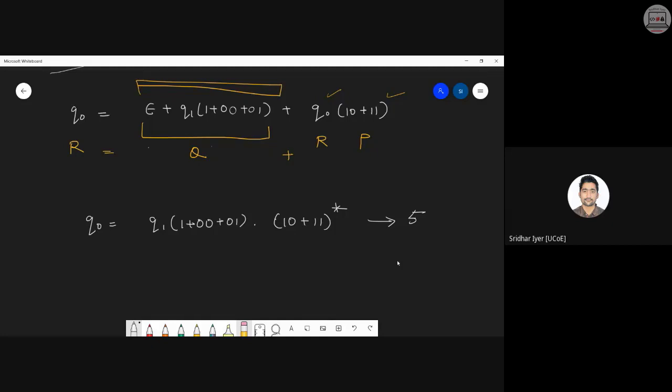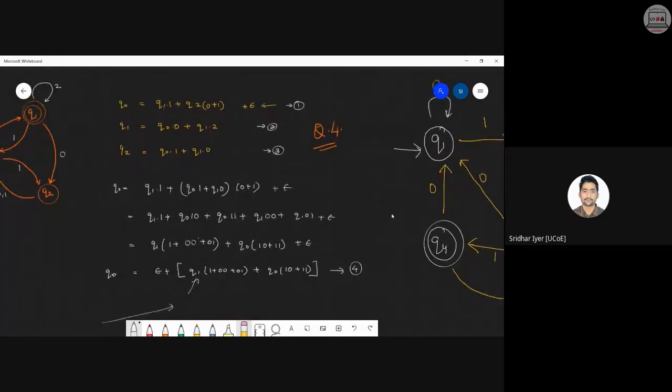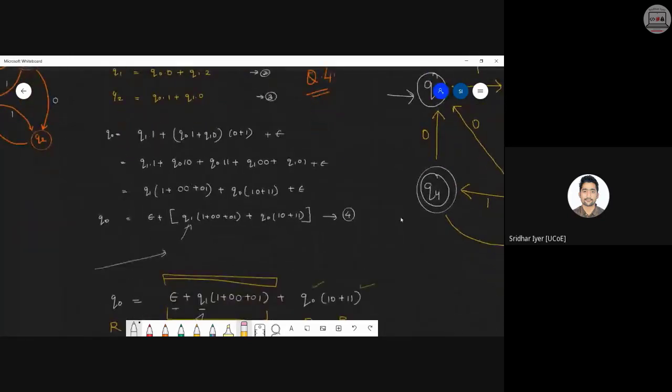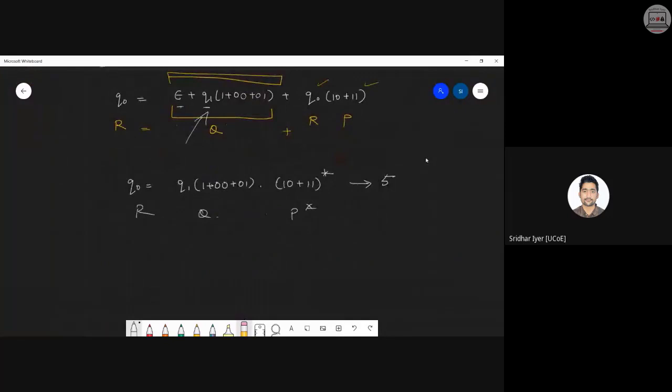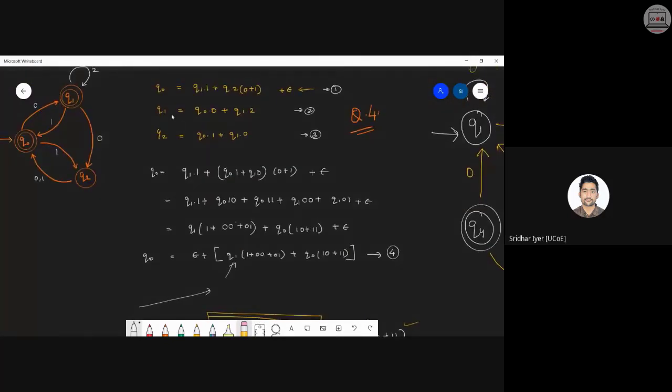It is QP closure. R is equal to Q dot P closure. So if anything, for example, this plus this is nothing but this value only. Yes or no? Why is there confusion? Kindly clarify that. I can't see any more epsilons over there. So what to do? Can I not put this equation in equation number 2? Yes or no? Can I put this in equation number 2 over here?